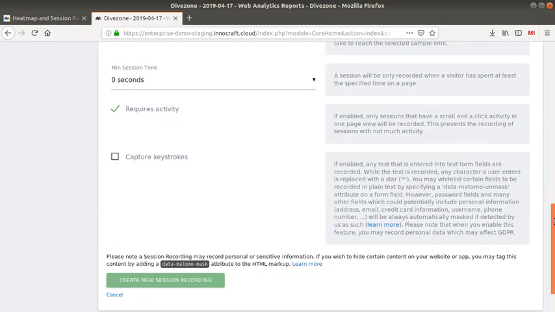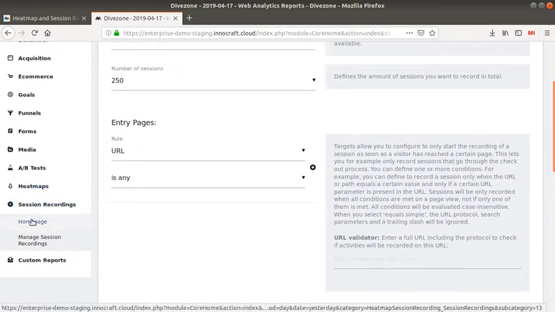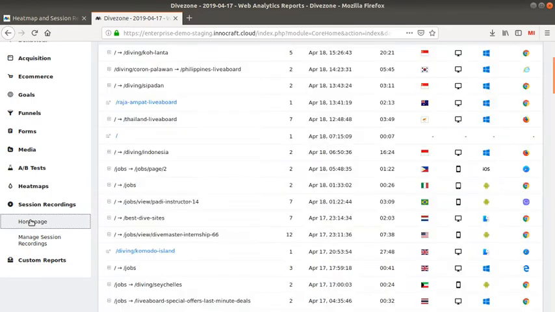Most of the clients that we have are often asking us, okay, but if I'm using the session recording, I may record some personal data or some sensitive information, and we offer, of course, a feature in order to hide those specific fields which are critical, such as a contact form or a search form or things like this. You can, of course, hide this with this given attribute that you insert within your source code.